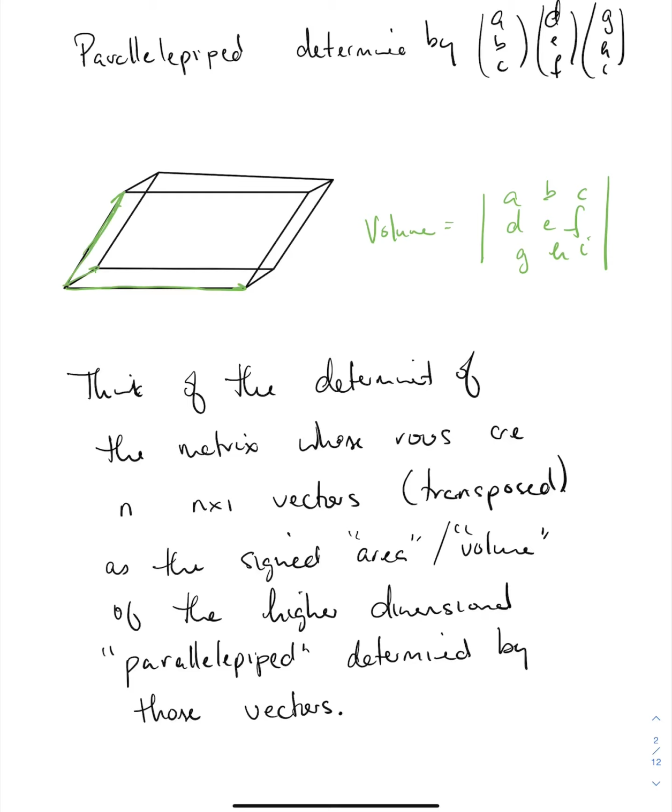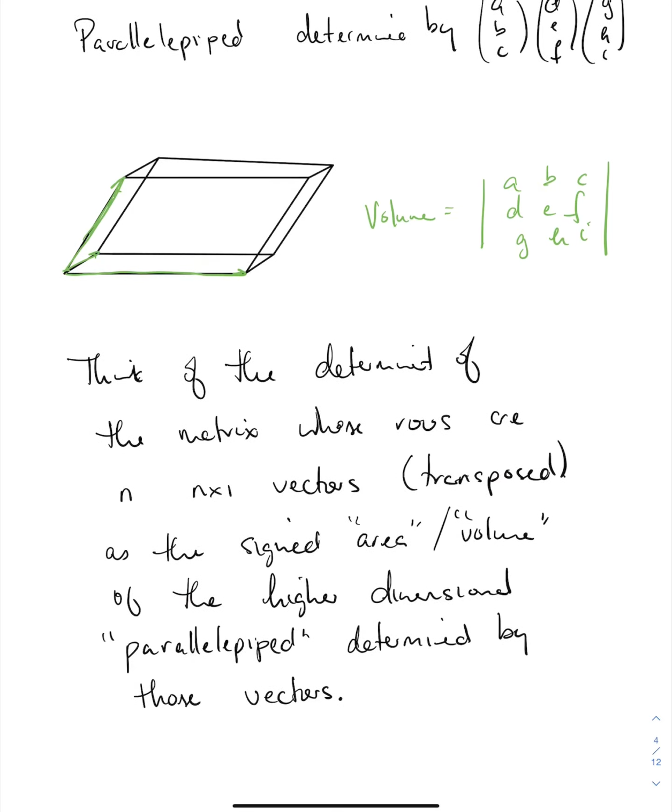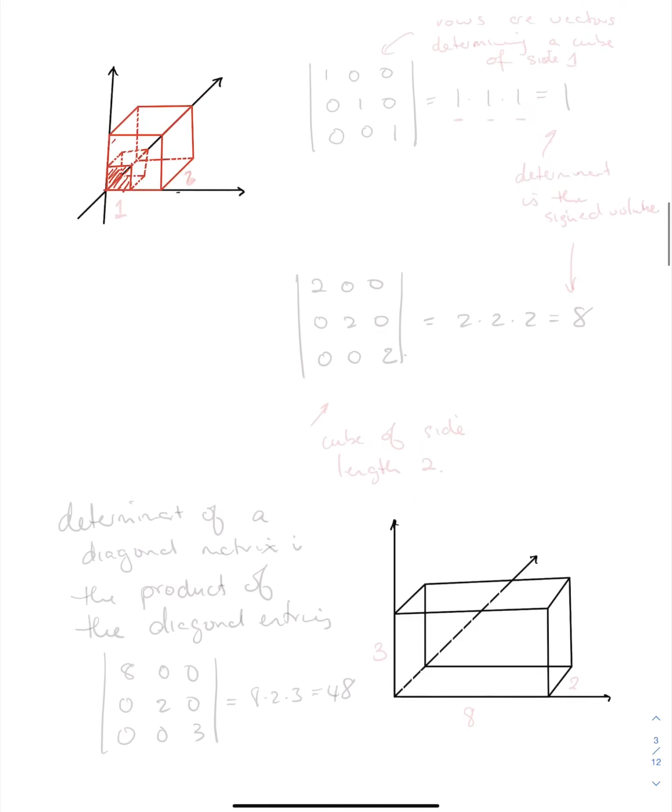This is going to help us with our geometric interpretation of the determinant. Let's explore some examples. Say I'm looking at the matrix I, and I know how to find the determinant. It's 1. But instead of thinking about it this way, our old way, think about the rows, our vectors,